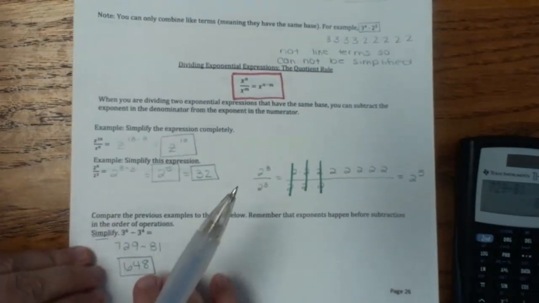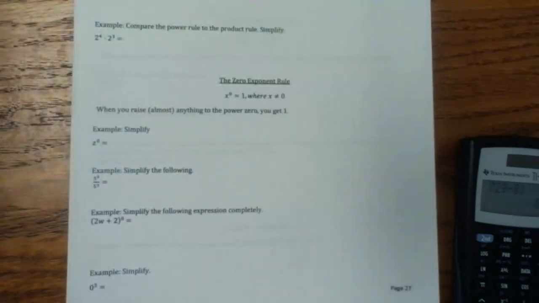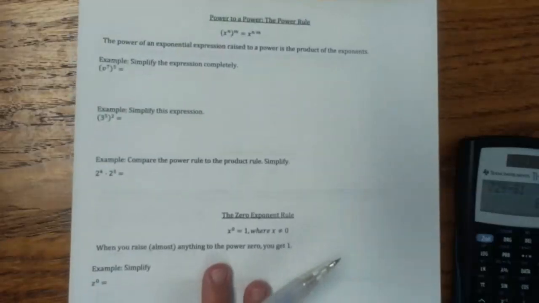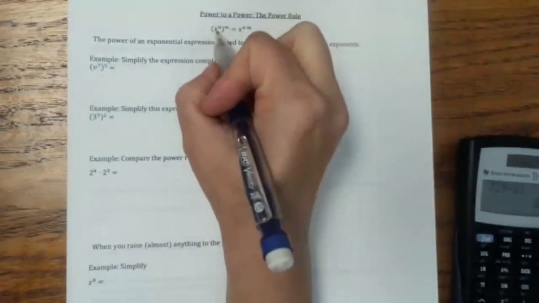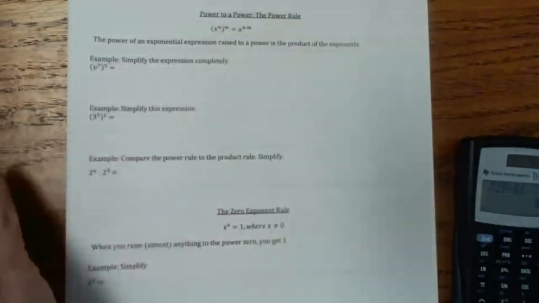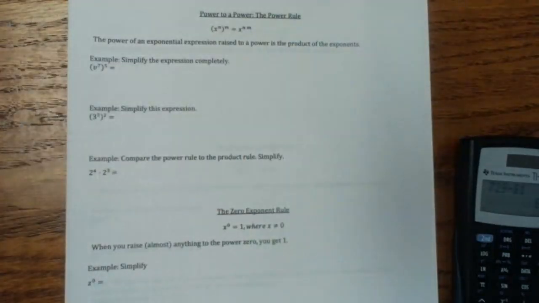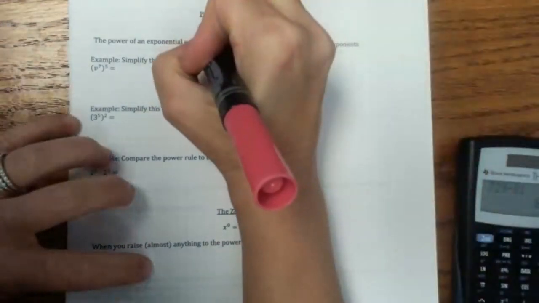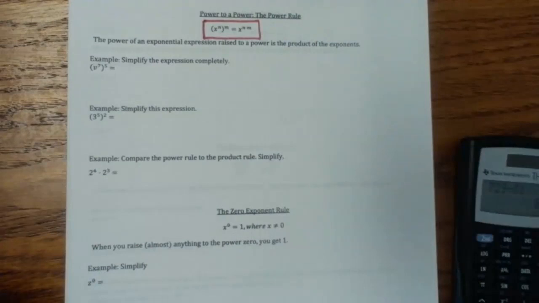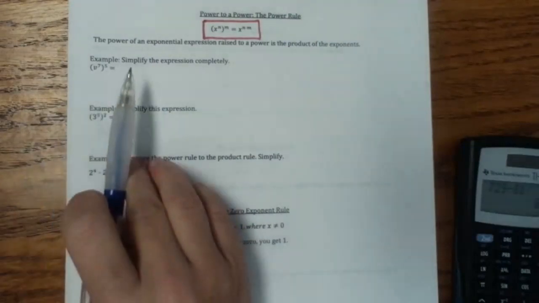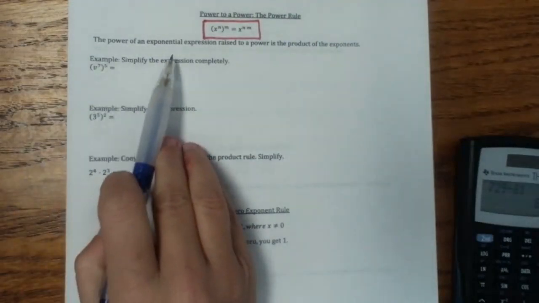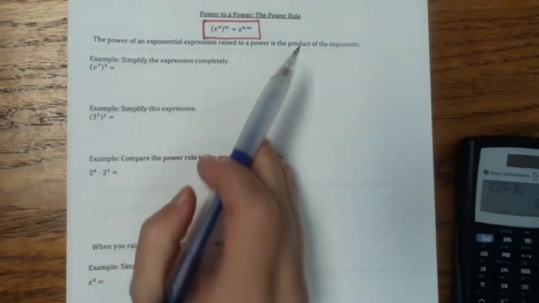All right, let's keep rolling. Next page. Now we're talking about power to a power, so the power rule. So x to the n to the m, a power to a power. That means we are going to multiply our exponents. So x to the power of n times m. The power of an exponential expression raised to a power is the product